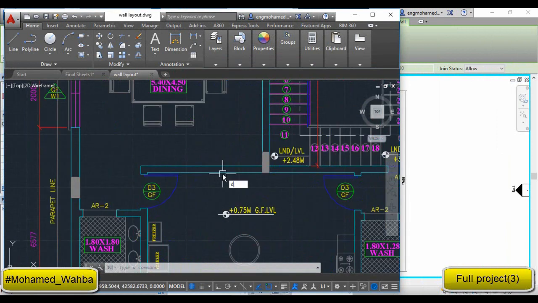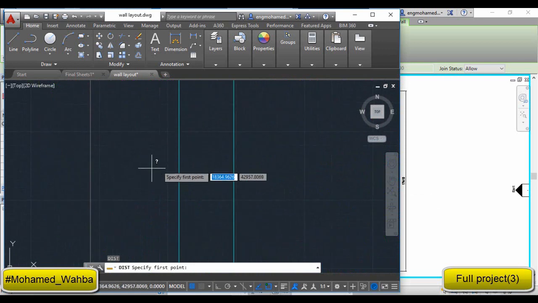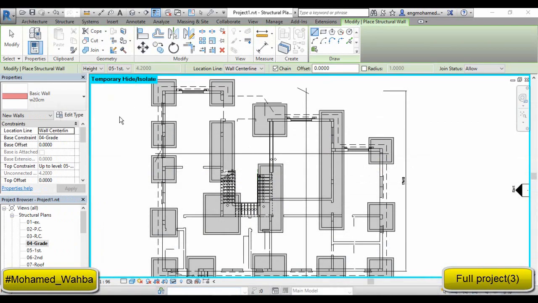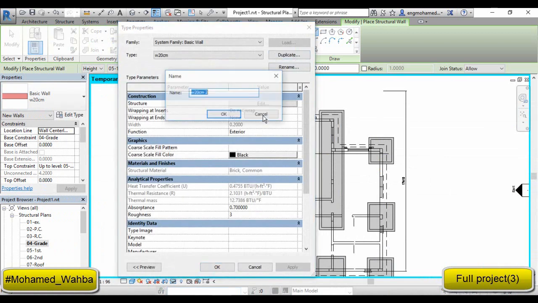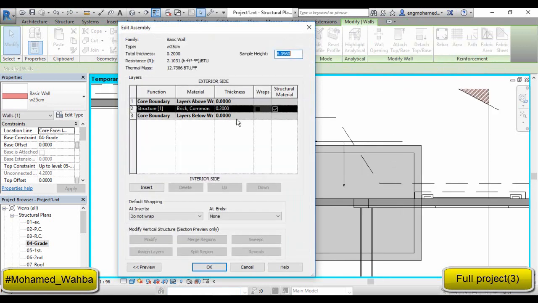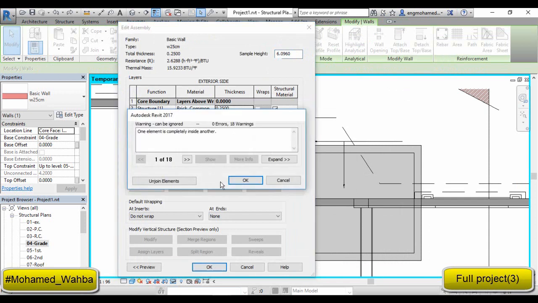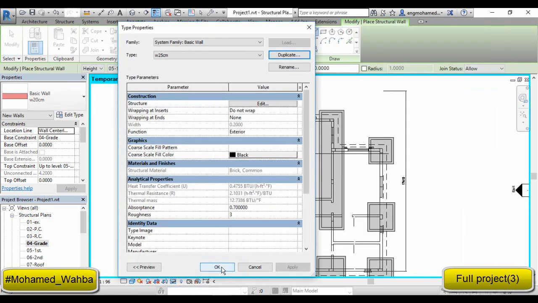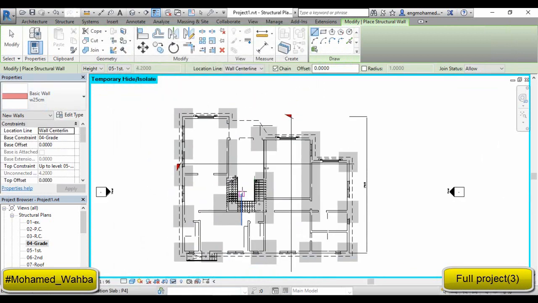I think that the internal walls are 200 millimeter, and I think the external ones are 250. So I will duplicate another one. It is 0.25. I forgot this point. Okay, so